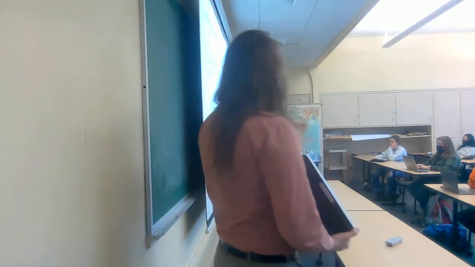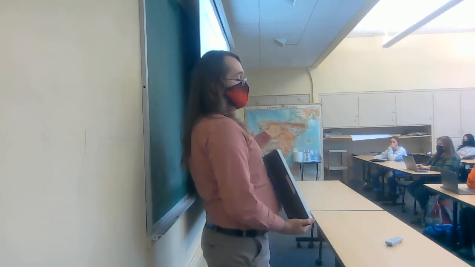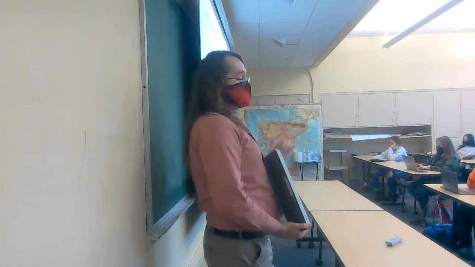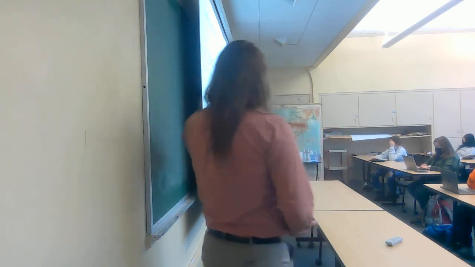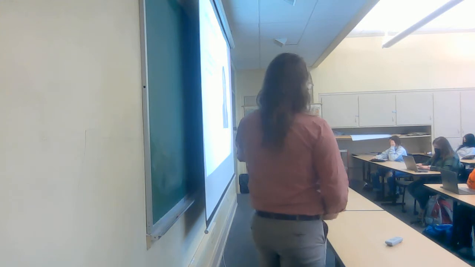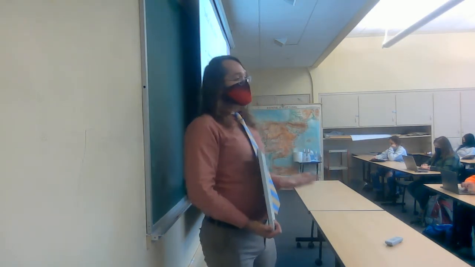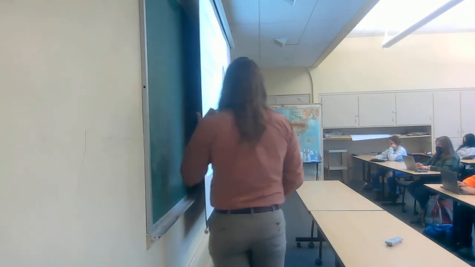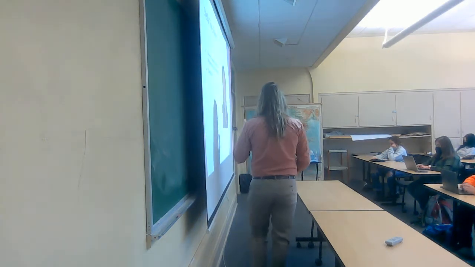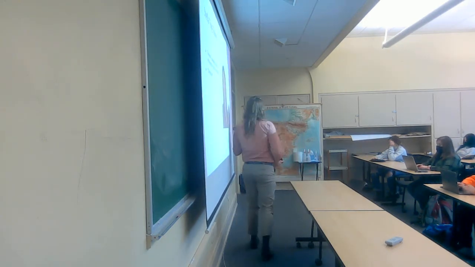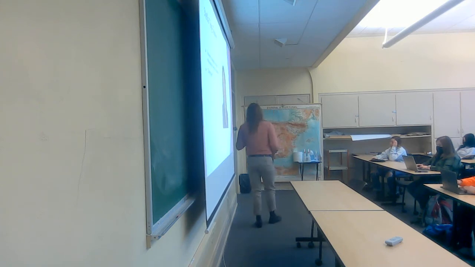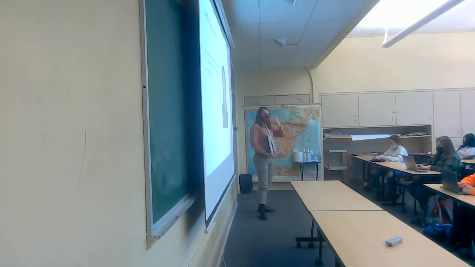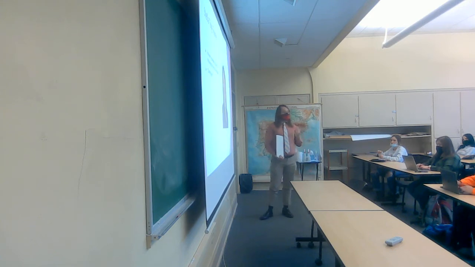So Dr. Ting-Toomey puts together an idea that I think is a really useful way for us to contextualize and make sense of culture even more. I previewed this last class, but it's this idea of face work, right? Especially in more collectivistic cultures, given that the harmony and well-being of an overall group is really important, face work is a way that we can manage and regulate the relationships that we have with other people. So face work essentially deals with the idea that we have this face or public version of ourselves that we share as part of members of a society, a culture, a group, and so on.